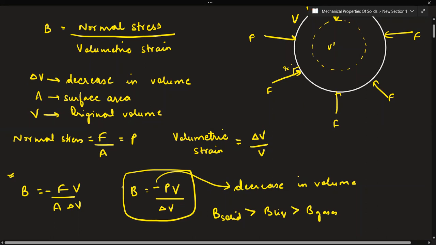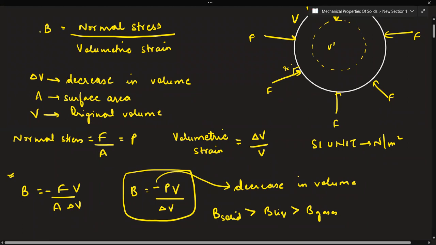Again, can you tell me what should be the SI unit of bulk modulus by looking at this formula? Force by area is for stress, and delta V by V is the formula for strain. The SI unit should be Newton per meter square, yes, right. Strain won't have any unit because it is a ratio of two similar quantities, volume, so the volumes cancel. And we are left with only the stress portion.